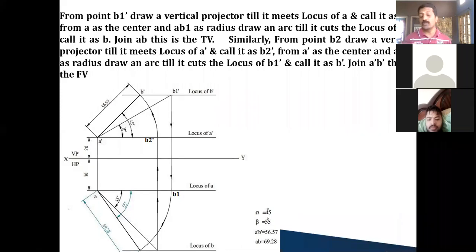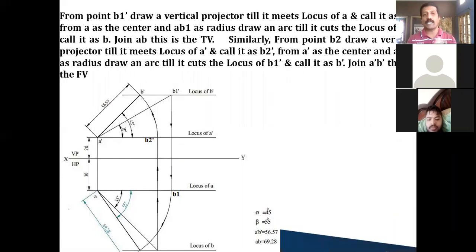And how to make sure whether you have completed the projection perfectly correctly or not? After doing it, B and B dash should come on the same line. You can draw a vertical line from B to B dash. It should come on the same vertical line. If you are getting it here and there, it means somewhere you have made a mistake. So this cross check you have to do at the end of the drawing.